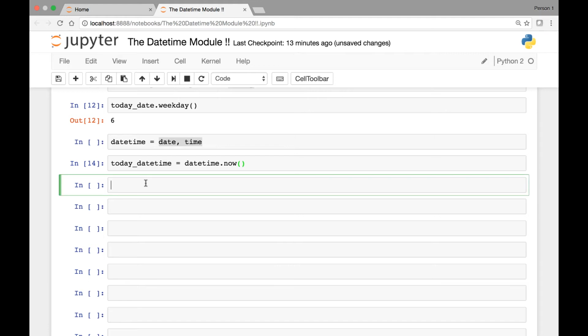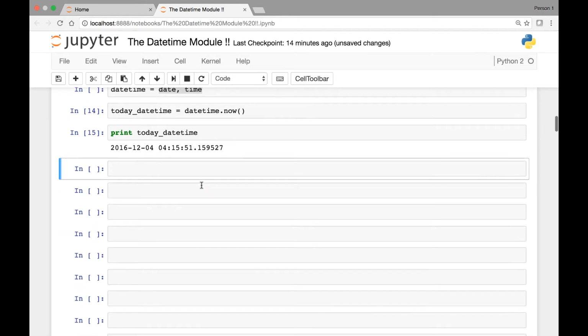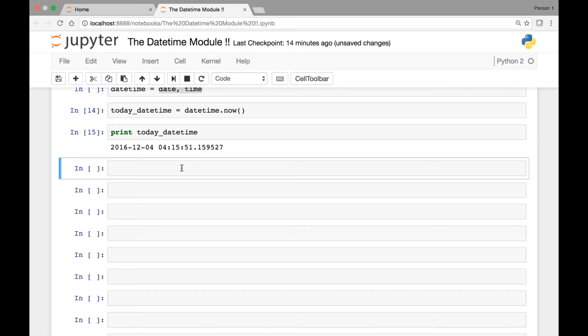Now, if we print our today DateTime object, we'll see